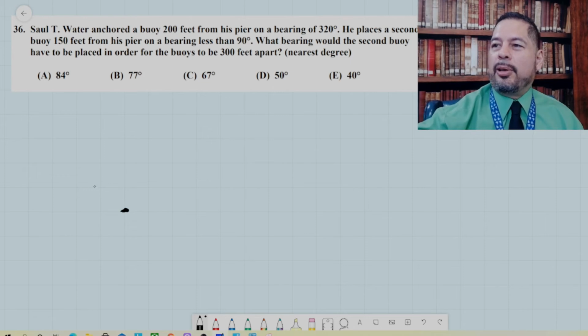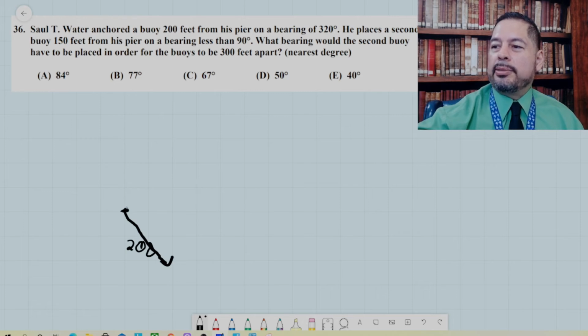Salty water anchored a buoy 200 feet from its pier on a bearing of 320. So you've got 90, 180, 270, so 320 might be this way. 200 feet. On a bearing of 320, he places a second buoy 100 feet from his pier on a bearing